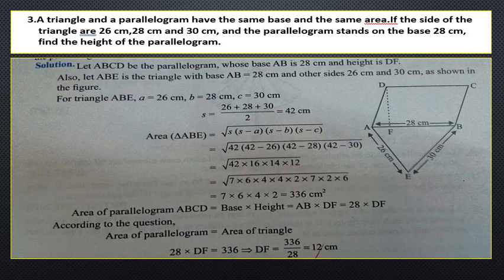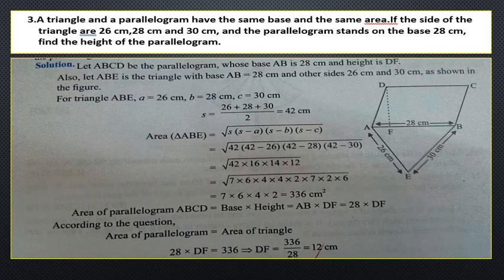In the given figure, let ABCD be the parallelogram whose base AB is 28 centimeter and the height DF. Draw DF perpendicular to AB. So DF is the height. We have to find the value of DF, that is height we have to find. Also, let ABE be the triangle with base 28 centimeter and the other sides 26 centimeters and 30 centimeters as